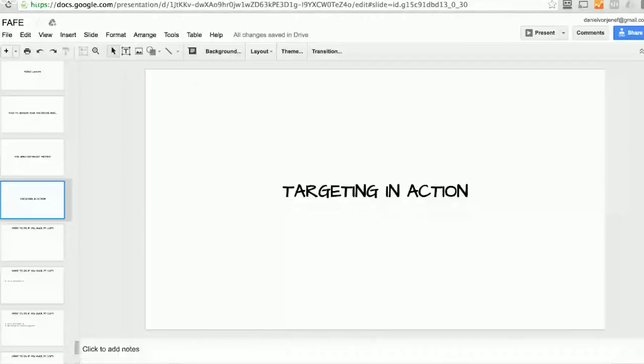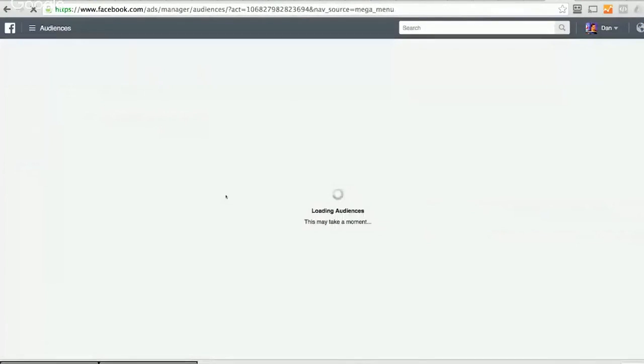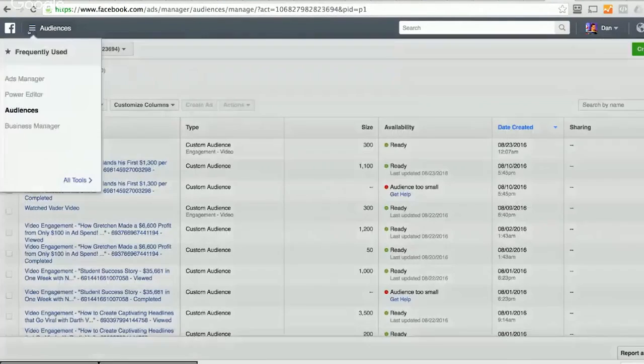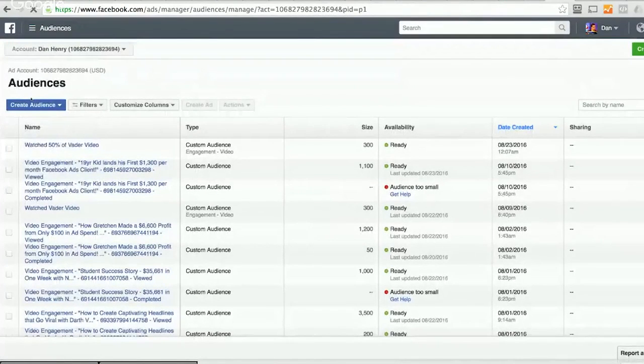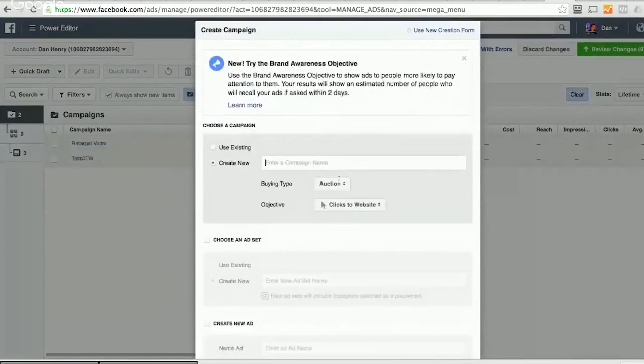So in this lesson, I'm just going to take a few minutes to mess with the targeting and show you how my brain works when I'm thinking of targeting and how I look at it and figure it out from there. So let me break away and go into the audiences section if I want to make an audience. Or you know what, let me not do that, because some of you would probably rather see it done from the beginning. So I go to the power editor and I'll hit quick draft